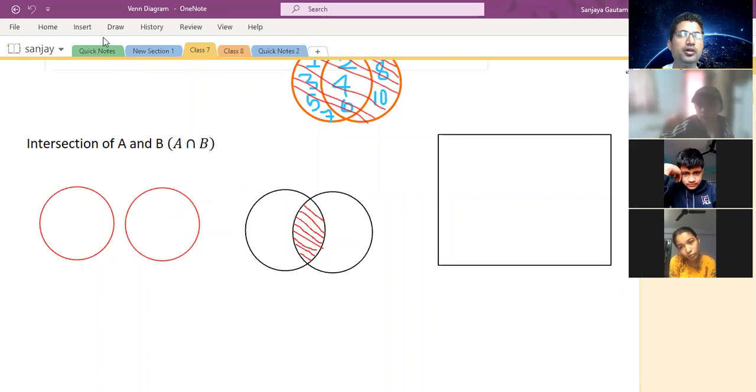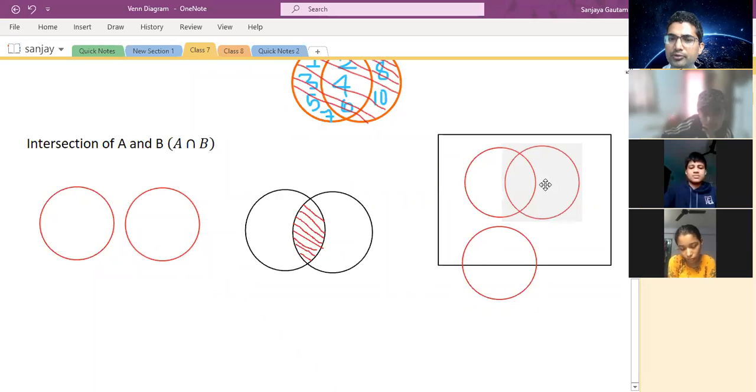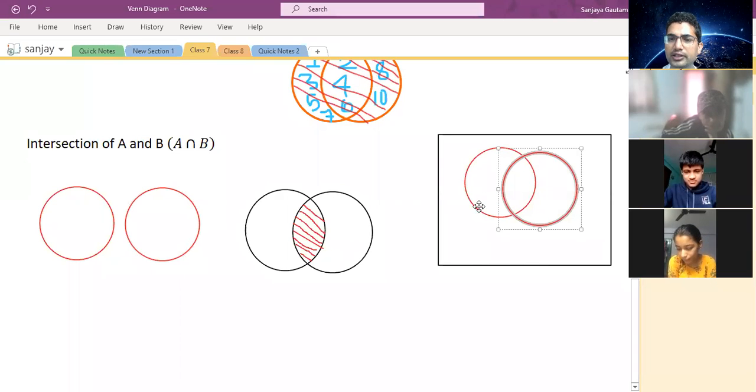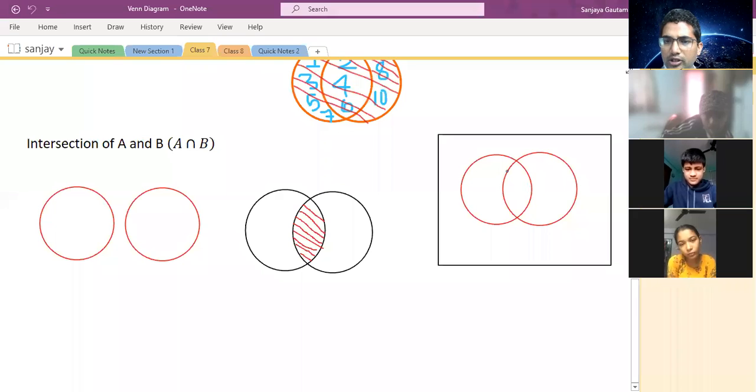So what will happen if a universal set is given and we have to represent the universal set? In case a universal set is there, if there is an overlapping set, then we can find the intersection. So we will represent it this way, and we will set the common portion only, is it? We will set the common portion. This is the representation of intersection in a Venn diagram.